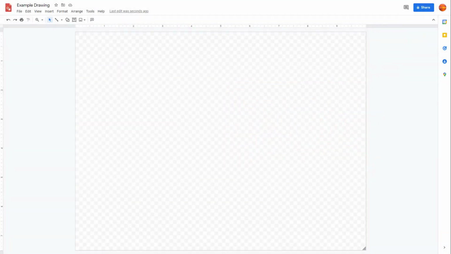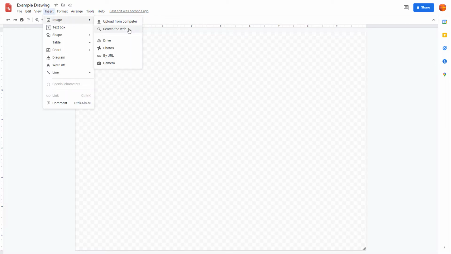What you can also do is easily insert images from the web inside of Google Drawings. So to do that, first of all, you have to click on Insert and then go to Images, and here you can see Search the Web is an option. Once you go into Search the Web, you can see on the right hand side you get Google Images